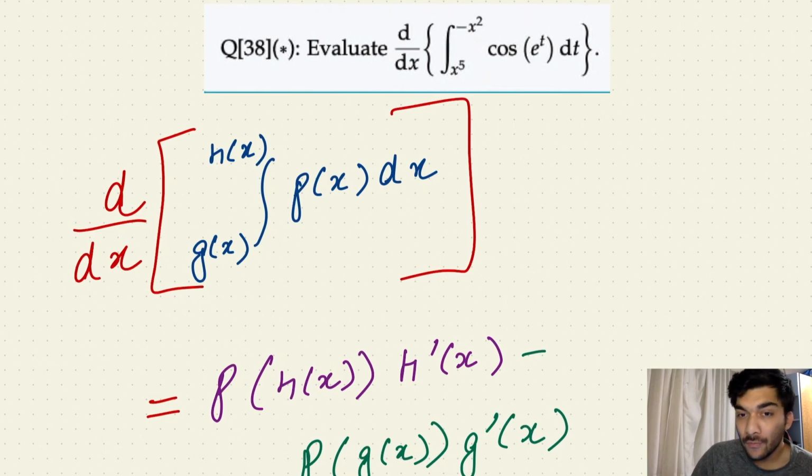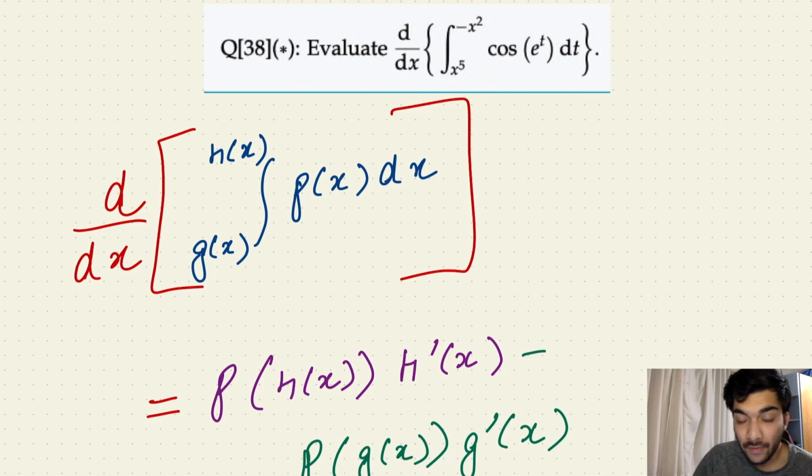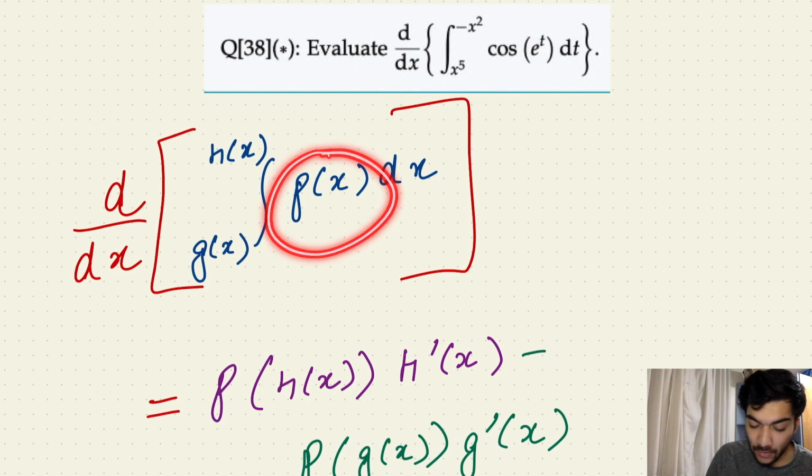So let's do a difficult question now and revise the concepts that we learned in the previous video. This question is about taking the derivative of a definite integral, and as we discussed in the last video, when you have to take a derivative of a definite integral whose endpoints are also functions, we usually use this formula. So what you do in order to solve these types of questions is you identify your f of x